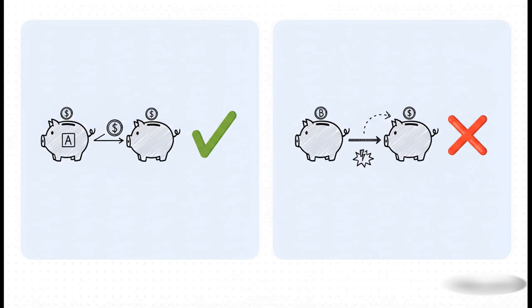So here's what that actually looks like. Let's say you're sending $100 to a friend. The system takes the money out of your account, but then, bam, the whole thing crashes before it can put the money in your friend's account. This is where atomicity becomes your hero. It kicks in and just cancels the whole operation. The system does what's called a rollback, and that $100 goes right back into your account, just as if you never even hit send. It's what keeps your money from just vanishing into some digital black hole.